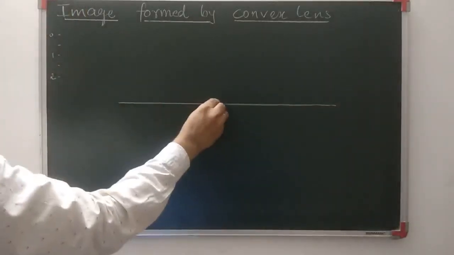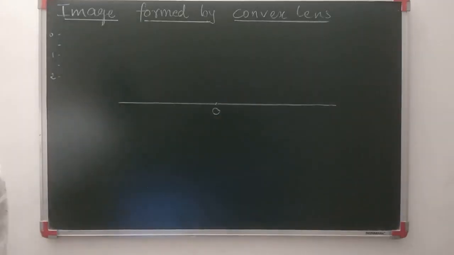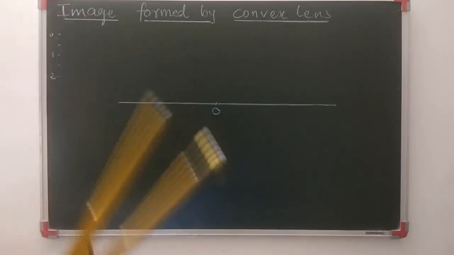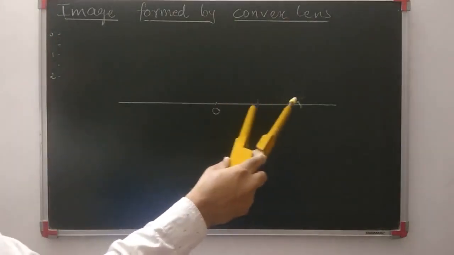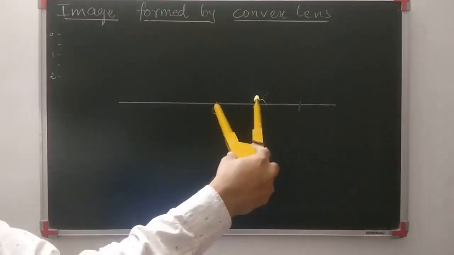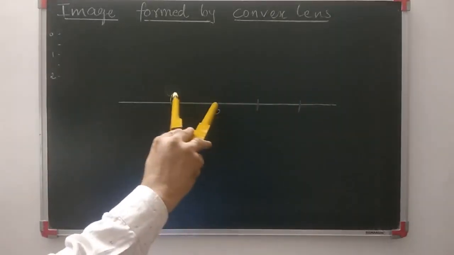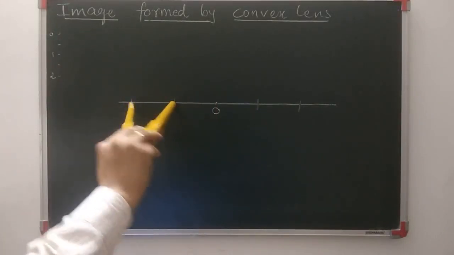and at any point we should take the center. Let us give that the name O. Now with the help of the compass, take the length of 2 cm radius from point O. We should draw an arc, one on the right hand side with the same radius, and another on the left hand side, keeping the same radius, and with the same radius one more arc.